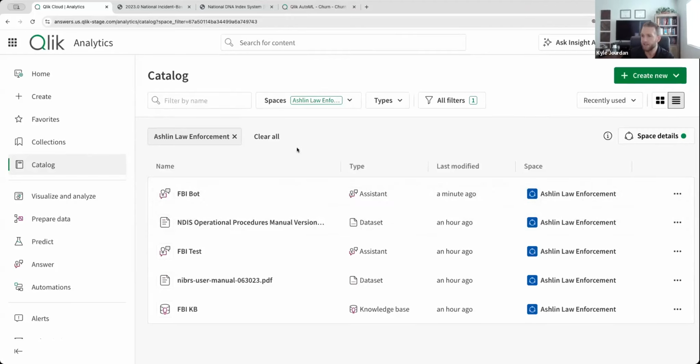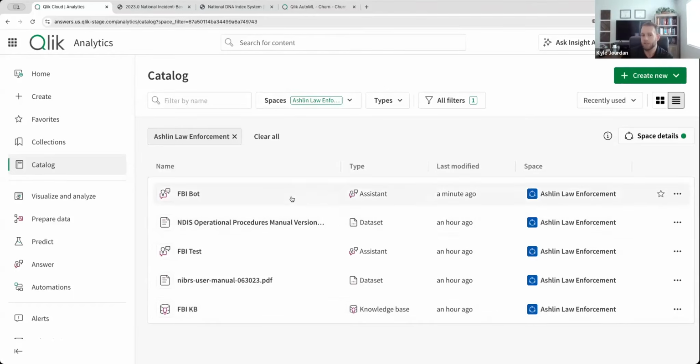For them to see the assistant at all, they have to, again, be a read user of that space. And then for them to be able to control the knowledge base, in terms of that question about multiple admins of a knowledge base, if they have edit access to a space, they can come in, change the knowledge base and administer that. So the answer to Chrissy's question is yes, you can have multiple users that have edit access to a space that contains a knowledge base, and then both those people can control the knowledge that's inside of there.